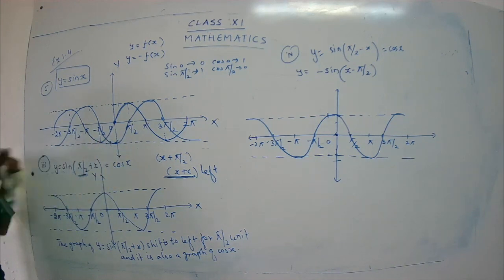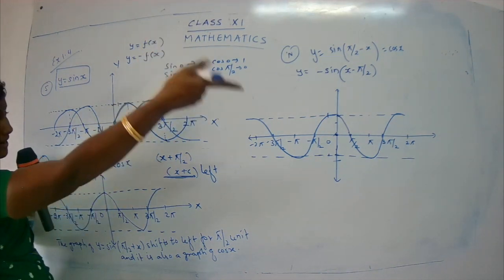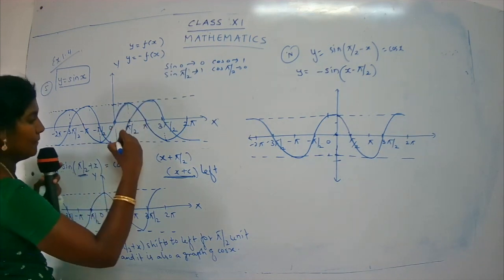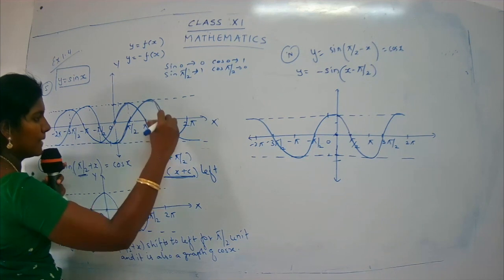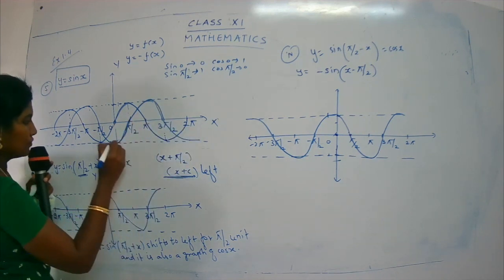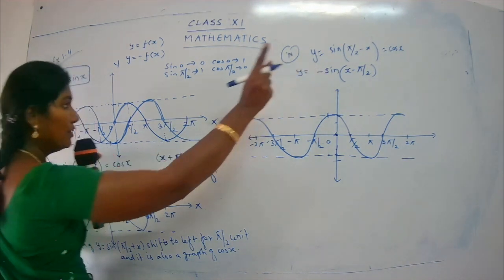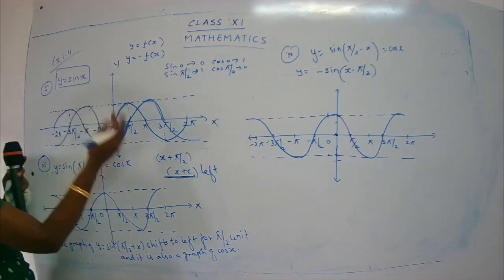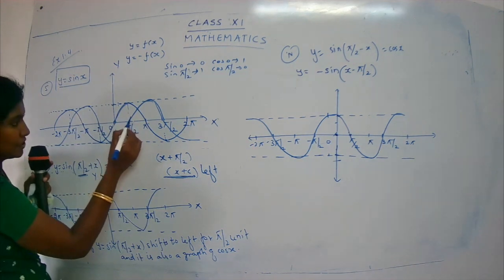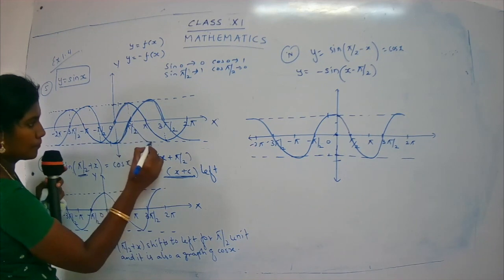So let's have a small step before that. See children. So actually it was from 0. So now the shift is to the right side. So from pi by 2 it is going to start, then 3 pi by 2. Then from here it comes to minus pi by 2 and so on. Now what is the sign present here? Minus. So when you have a minus sign, you have to take the reflection about the x-axis. So how will the reflection be? So this is the original graph, yes? So the reflection is like this.